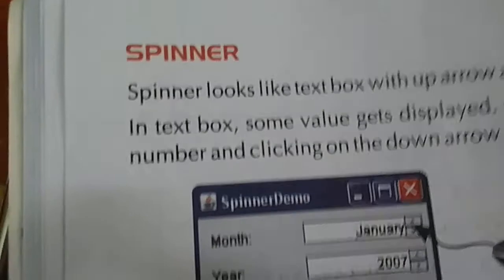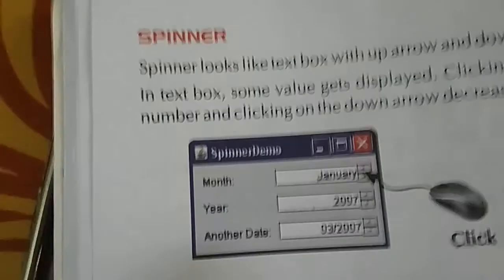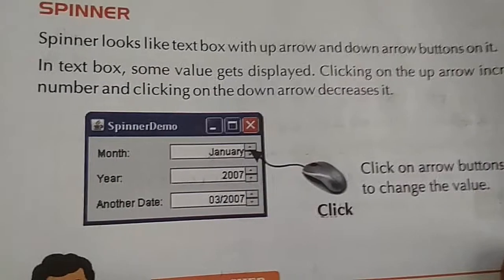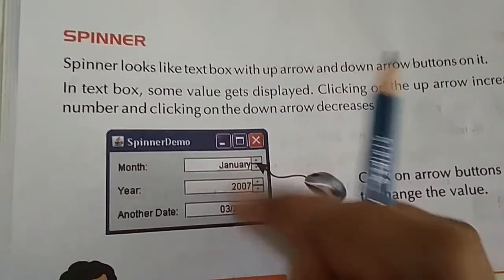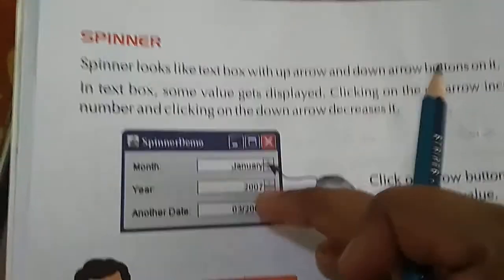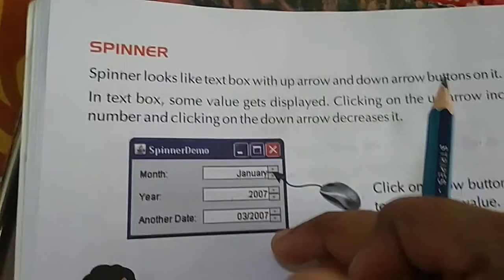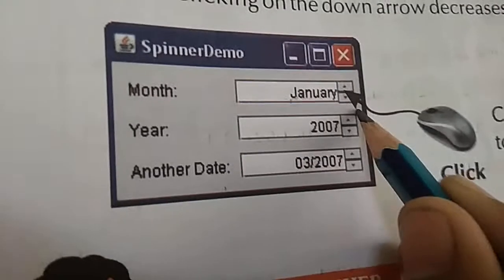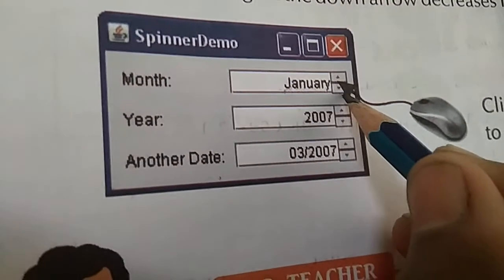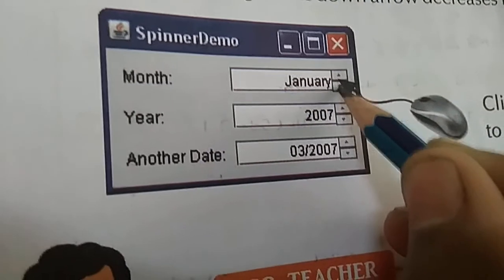And last is a spinner. What is a spinner? A spinner is a control element. It is a text box with values, for example 1, 2, 3, which you change by clicking on the up or down arrows. See here, month, year and date. Here January. If you want February, click the down arrow here.